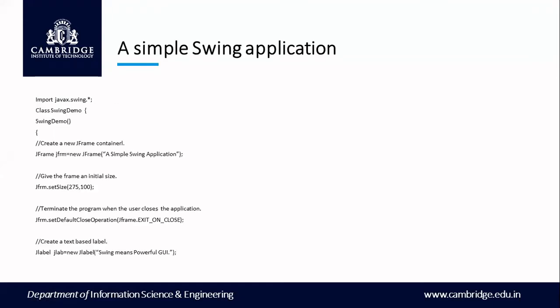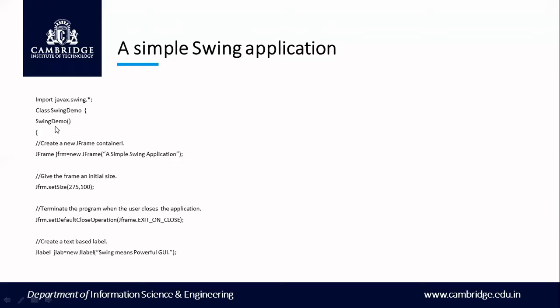All these statements are present where? Inside the constructor. So now if I'm going to create an object for this class, all these will be automatically executed. Now come to your main function. Inside the main function, SwingUtilities dot invokeLater new Runnable. I have just created the SwingUtilities invokeLater function, inside which I have written public void run and new SwingDemo. So here I have created an object SwingDemo. You can see this, right? New SwingDemo. I've created an object. Now when you create an object, the control will be transferred here and all these statements will be executed.